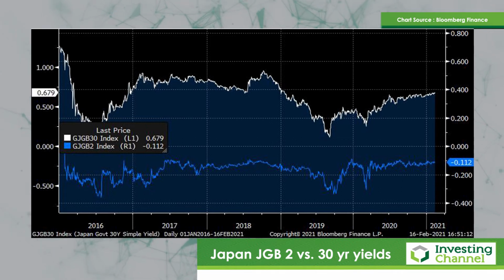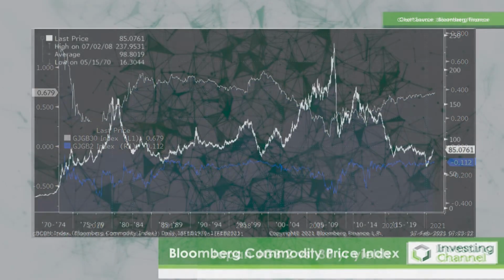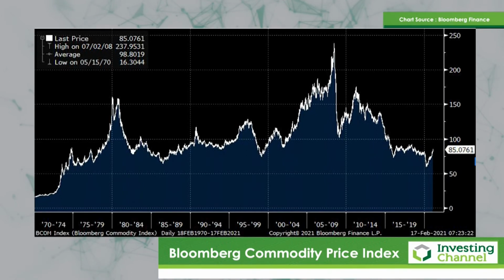Now, if this is anything to do with commodity prices, and there is plenty of speculation that we are going into a commodity price super cycle now, perhaps we should have a look at commodity prices. So I pulled up the Bloomberg Commodity Price Index. I prefer this to many of the others simply because it doesn't have the chronic overweighting of oil and gold within it. And really, if one's talking about a commodity price super cycle, we are barely at the foothills.